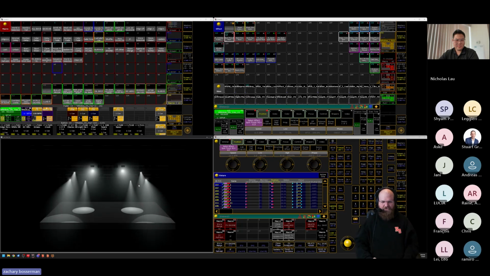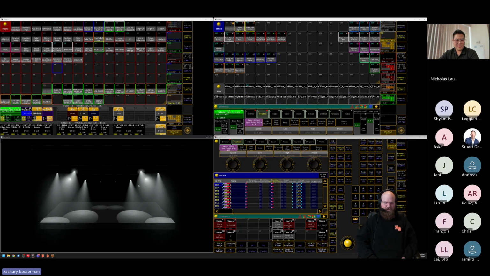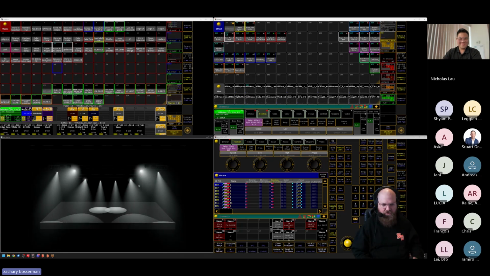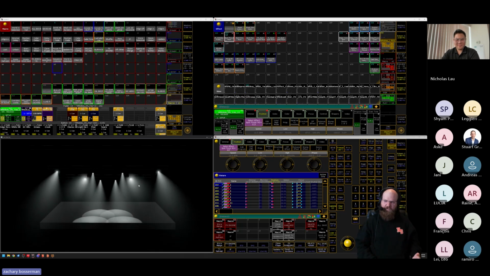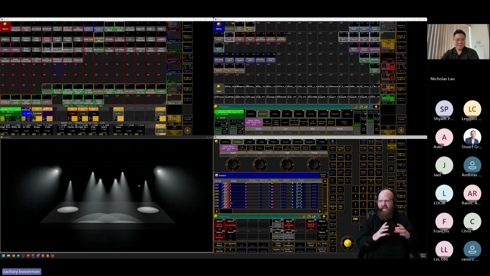Is it the exact flyout that I did in my clone source file when I was building the show? No. That is the point of the relative effects. The numbers are a little different. So it's going to look just a little bit different than what I may have had exactly in my mind